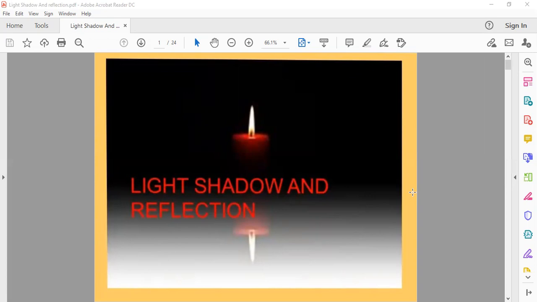And the third concept is reflection: how things reflect, and the different categories of objects like transparent, translucent and opaque objects. So this is a very interesting chapter, with a lot of new things we are going to learn. So let's study the first thing.